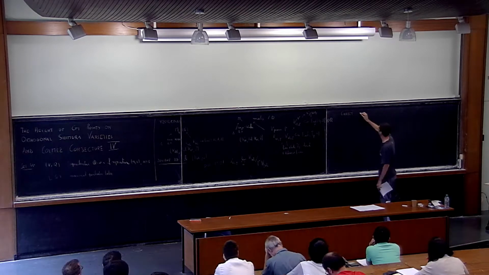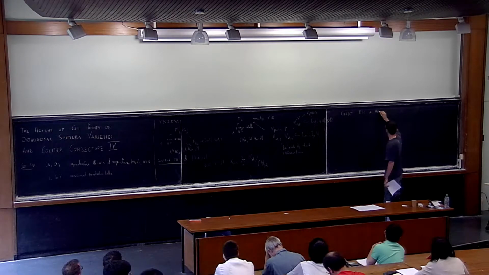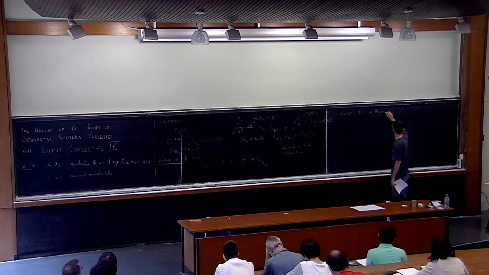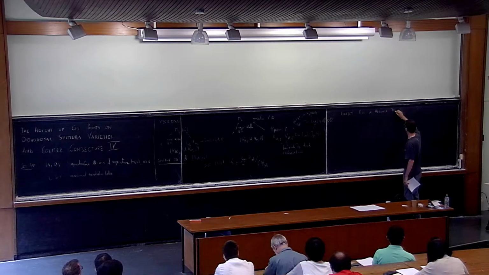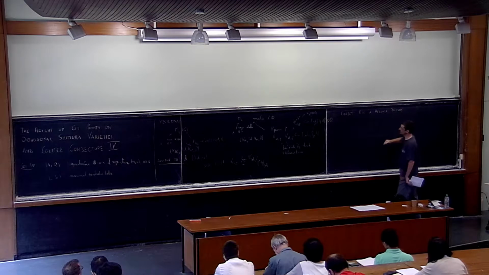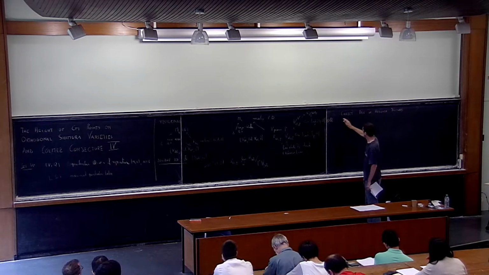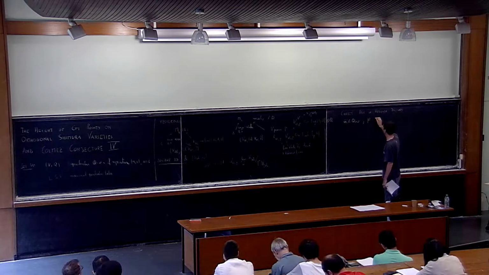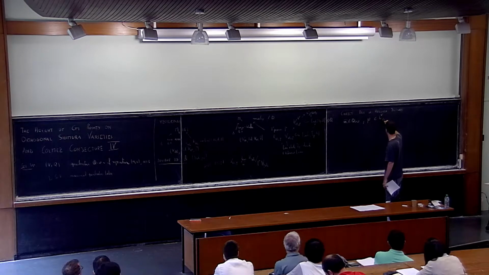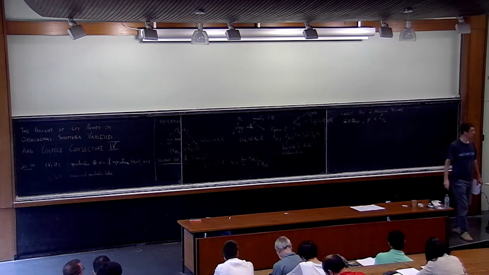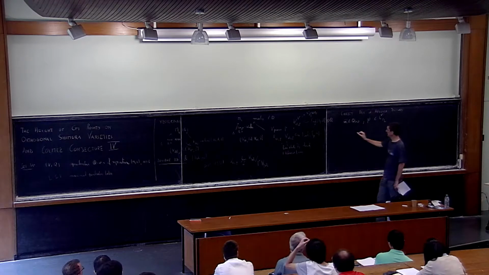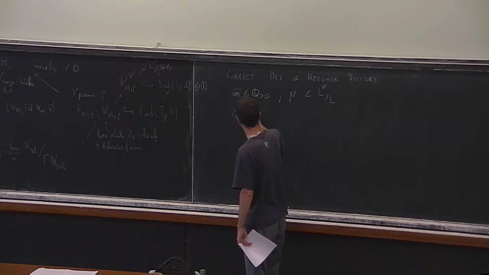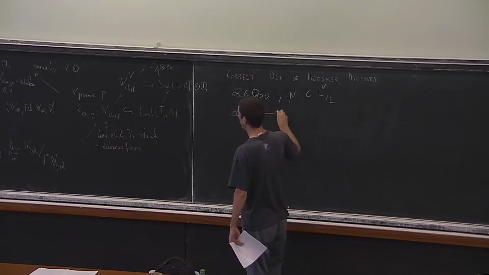So the correct definition of Heegner divisors: you fix, as we saw yesterday, a positive rational number m. You take a mu, which is a class in L dual modulo L, and then you define Z(m, mu) over